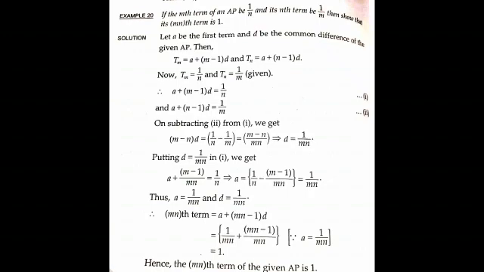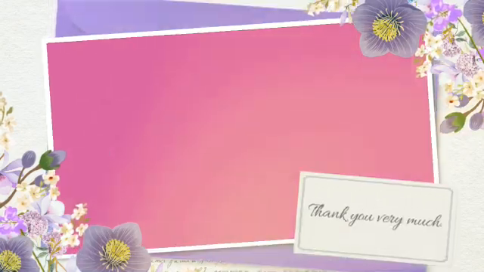Therefore, finding the (m into n)th term, using the general formula, A plus (mn minus 1) into D. Putting the values of A and D, here I have 1 by mn plus (mn minus 1) divided by mn. So it gives equal to 1, and thus we have